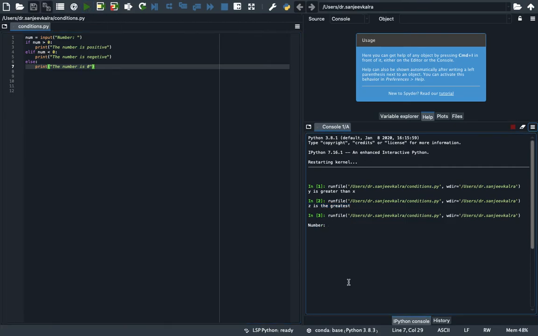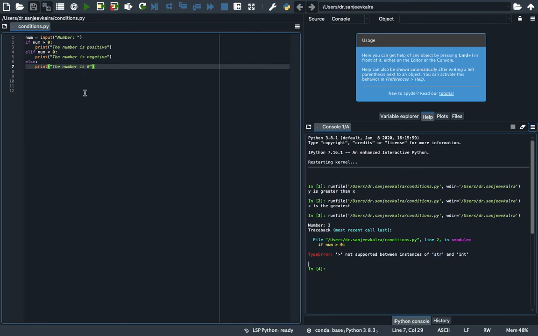So we are asked for input, which is number. Let's try 3. Okay, so it is showing an error because it is showing that it is a type error, and this greater than sign is not used to compare between string and integer.